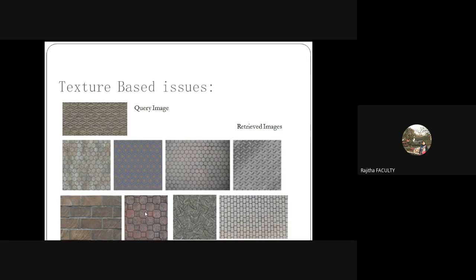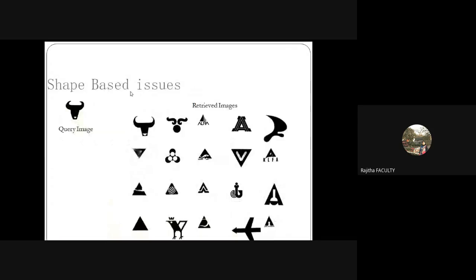This is okay to some stretch. You can say okay, 50% similar. This is completely irrelevant for my query image, right? So based on the texture also, you might not get the right results, right? So color is failing, texture is failing. Similarly, shape might also fail in some cases.